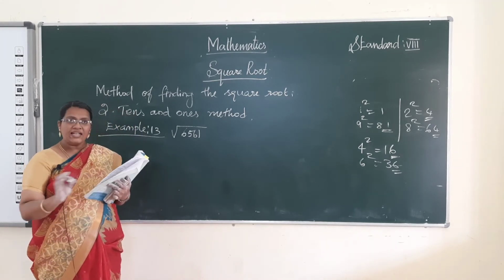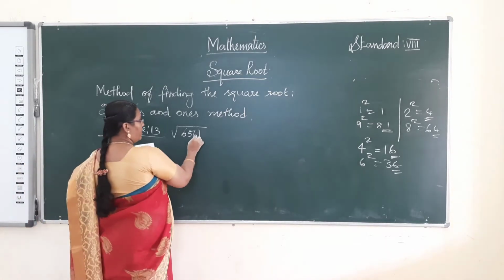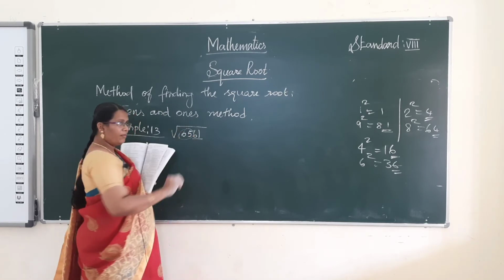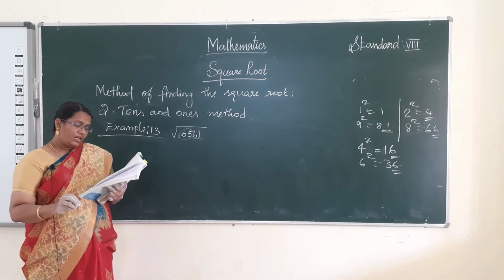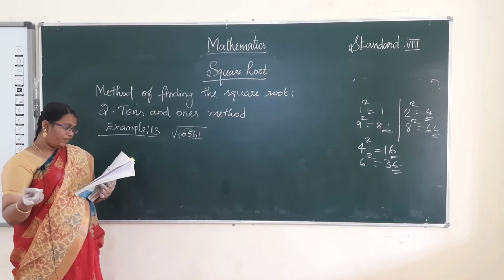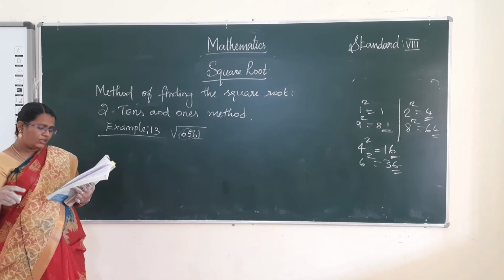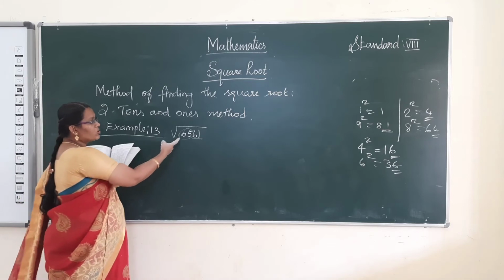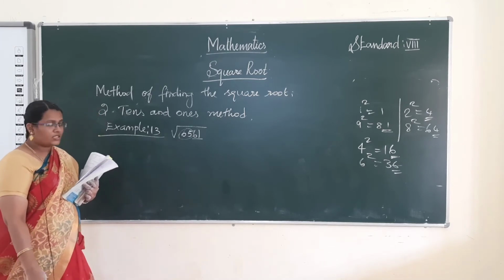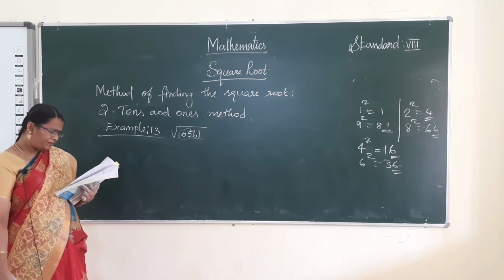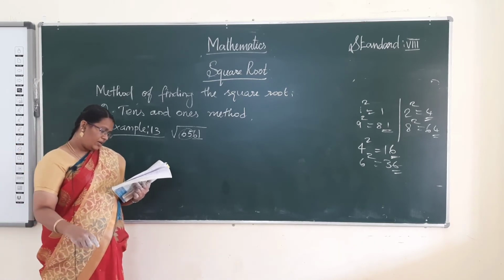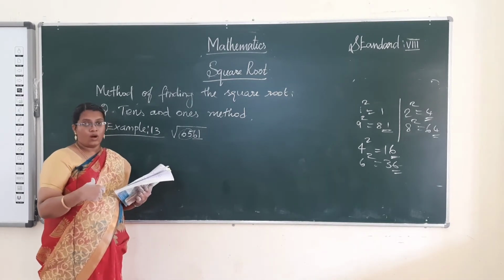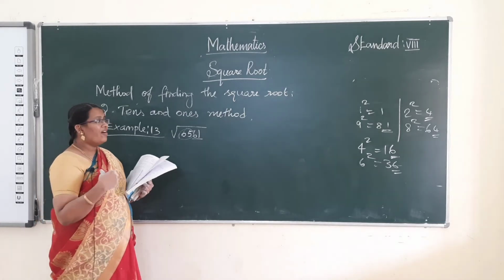After that, strike out the last two digits. First verify that rule: strike out the last two digits and consider the remaining number, along with the digit obtained in the first step. Now consider the leftover number and check the squares of the possibilities. 8 squared is 64, and 9 squared is 81, which is more than 65. So we have verified it like that.